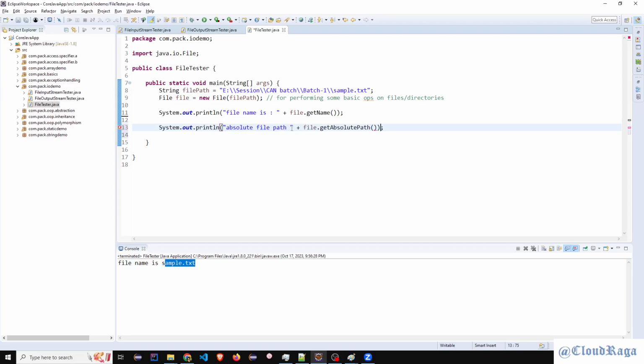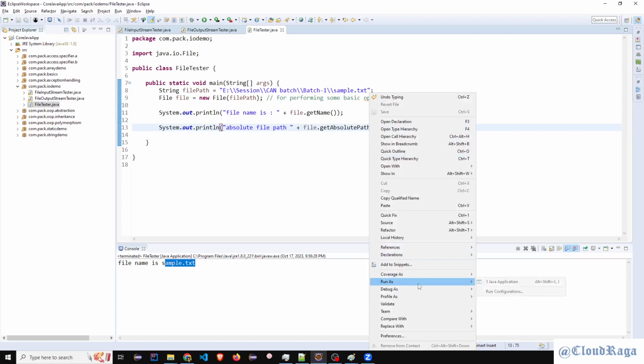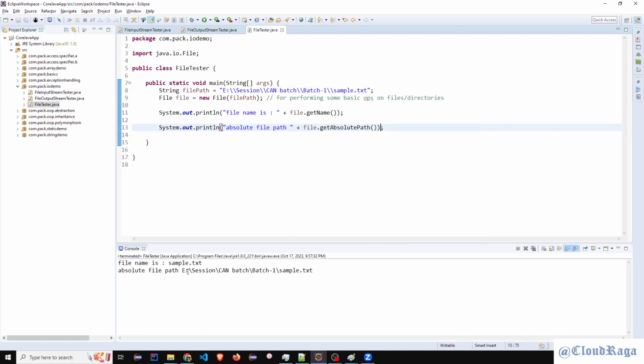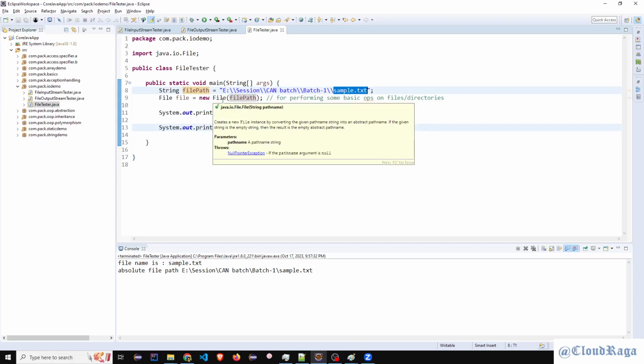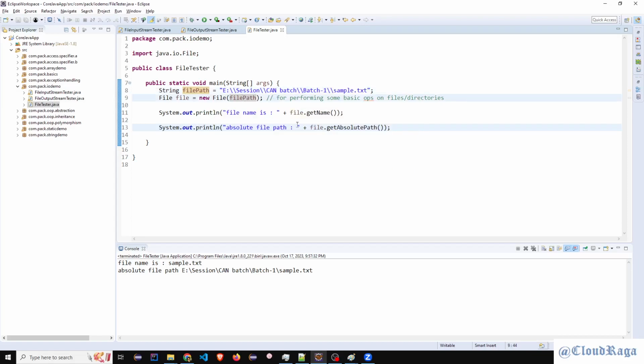So this is one of the most used file methods. Application print, and you can see it returns the same thing. Think about this file path coming from another service. Maybe some other developer is passing the file path at runtime, and at that time you are not aware of the location or the file name. You will just get a string, and from that string you have to obtain the directory name, the drive name, and the file name at runtime. Then this method comes into the picture.